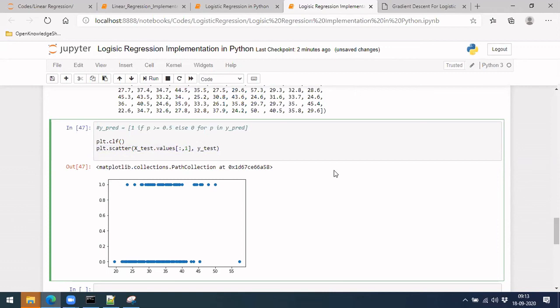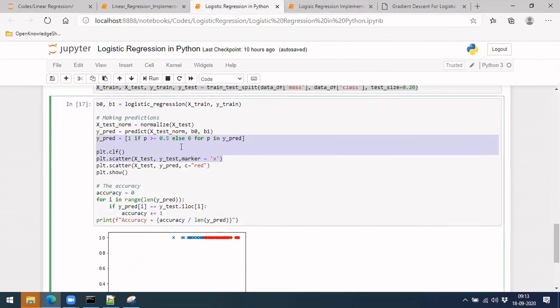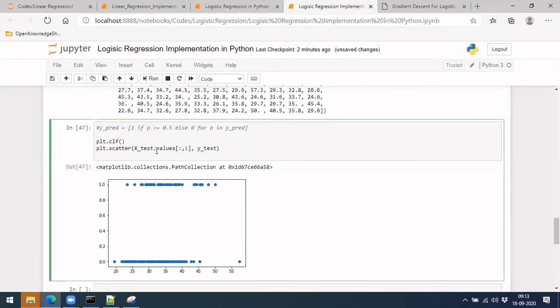On top of it I am also plotting something like this. Let's take y prediction. What I'm doing in this line is, if it is greater than 0.5, I'm taking it as 1, and if it is less than 0.5, I'm taking it as 0.